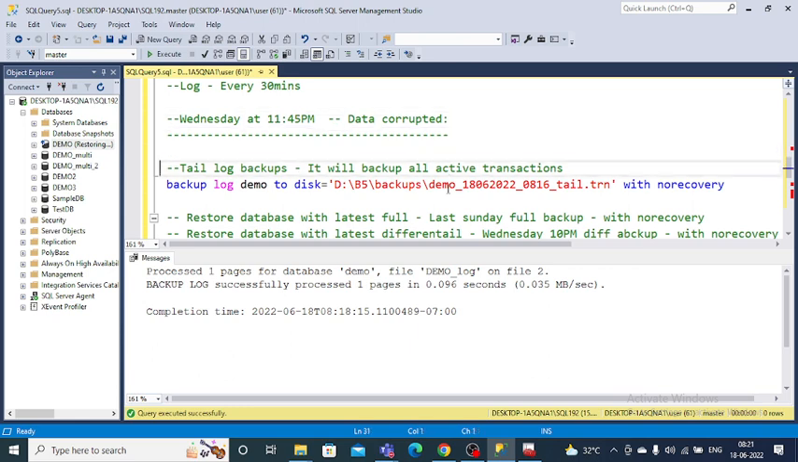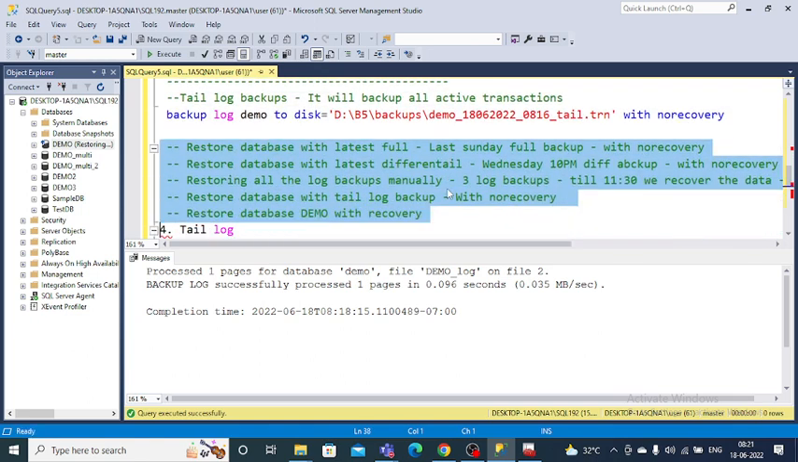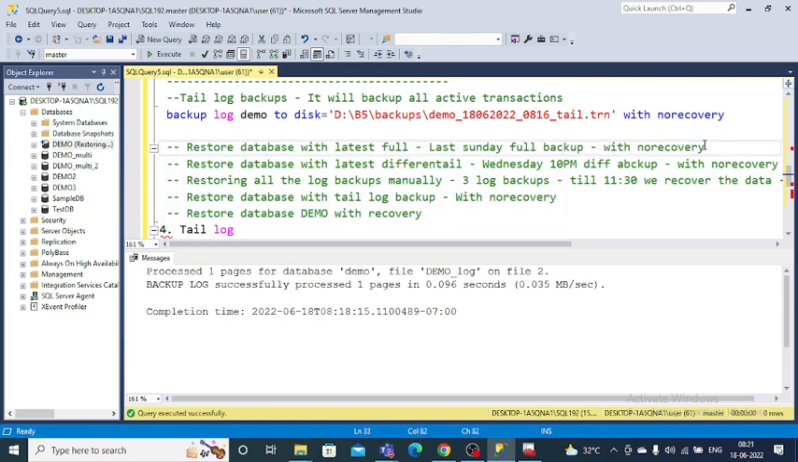First we have to take the tail log backup after your DB was corrupted. Later we have to identify all the backups, and restore with all the fine backups. We have to restore the database full backup with no recovery, restore the latest differential with no recovery, restore all the log backups with no recovery, and restore the tail log backup with no recovery. Finally we have to recover the database